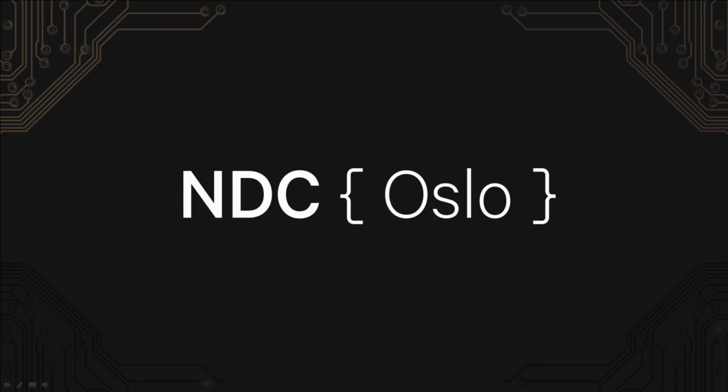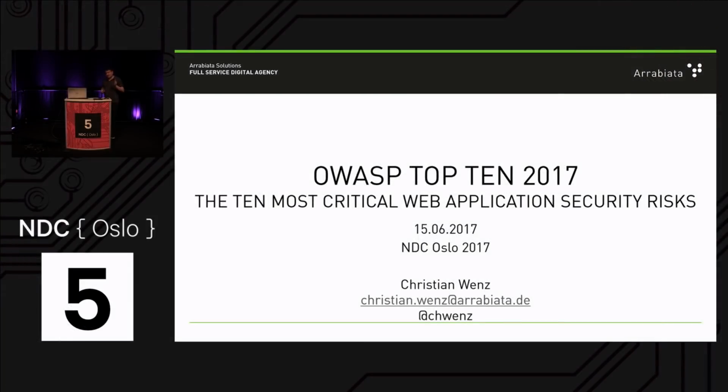Now, basically, the Top 10 list of the OWASP is a list not of security vulnerabilities. That's a misconception. It's a list of security risks, right? So things that might happen. And it just provides a good overview of what kind of risks are out there for today's web applications and how to mitigate those risks.